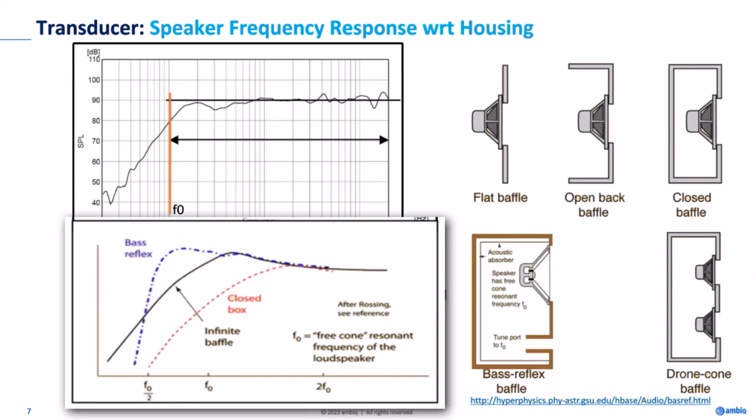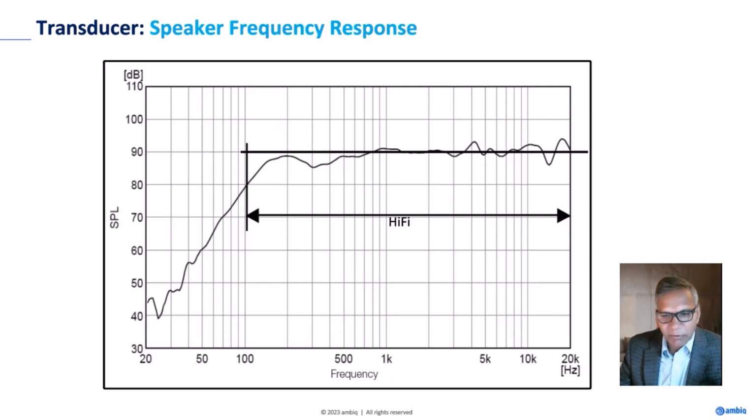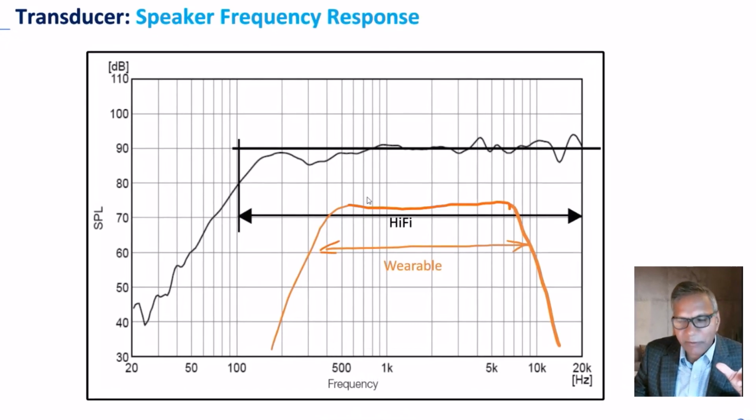When we talk about dynamic high pass, DRC or equalizer, we'll come back to this graph later on. But just to show here that lower frequencies are hard to generate from these small form factor devices. Again, this is a typical frequency response for hi-fi. When we take wearables, because of the small size, you cannot really get the loudness you need. So primarily, we are limited by the low frequency these acoustics can generate. The limit can vary anywhere from 500 to even sometimes 1000 hertz,